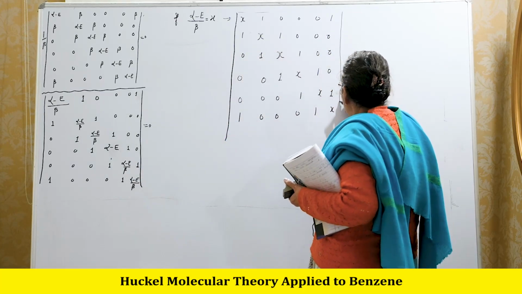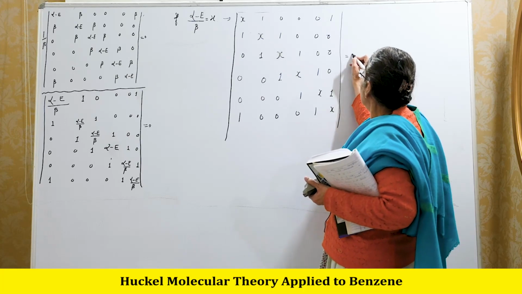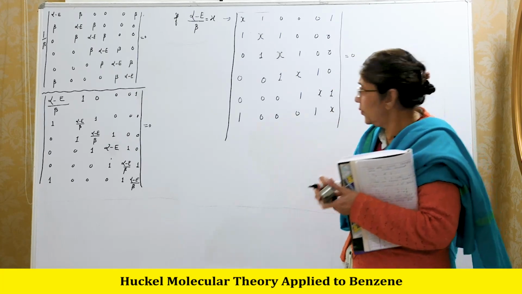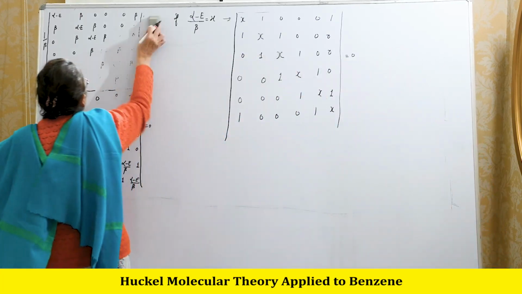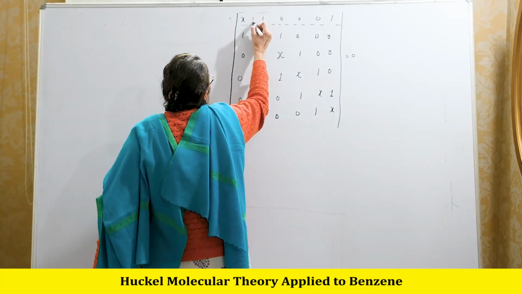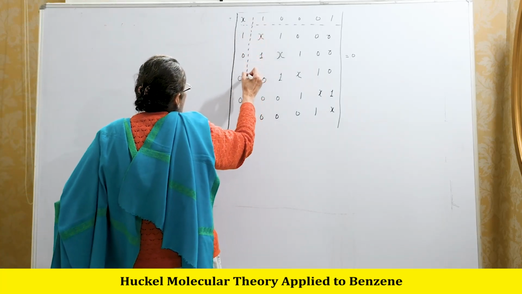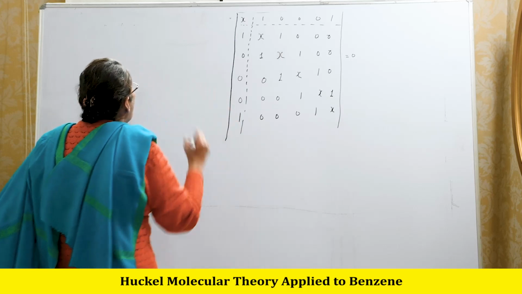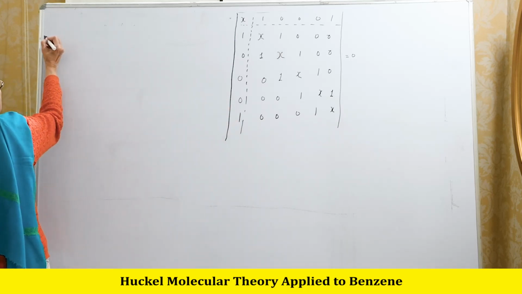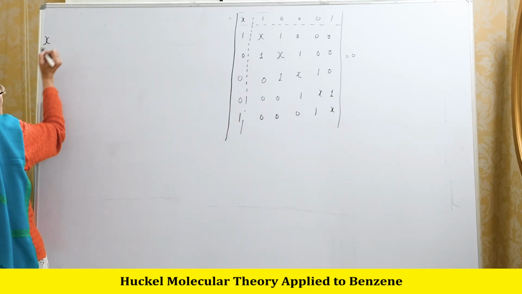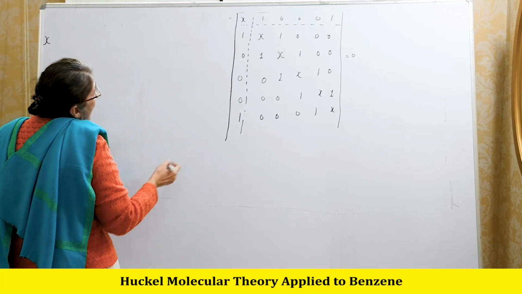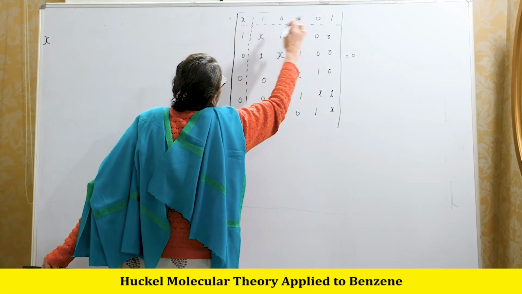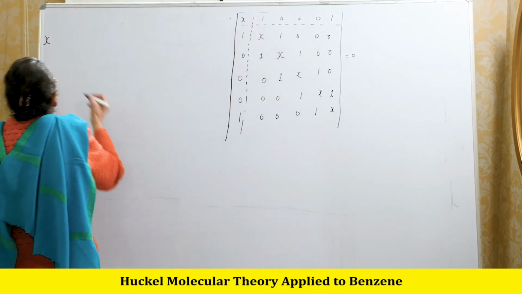Now we will solve this determinant. First is x, this is the multiplicative factor, and we will ignore this row and this column and we get